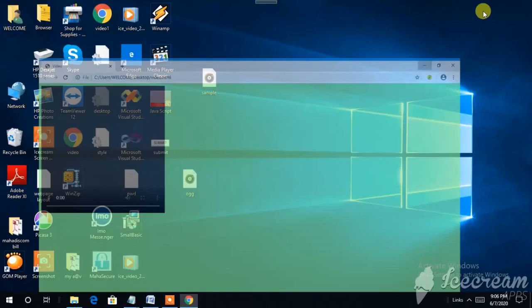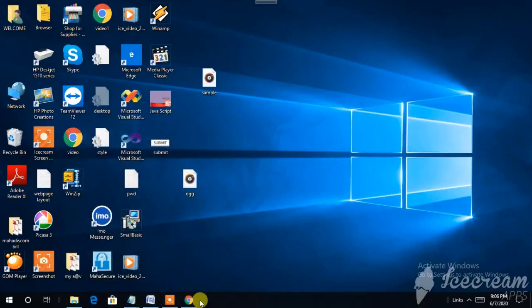Now see here, the file is not played because the file is not supported by .ogg in this browser. Every time we see the browsers, sometimes it will play, and sometimes you will see that this browser is not supporting it. So this is the main concept we should understand in video. I just highlighted this for you.